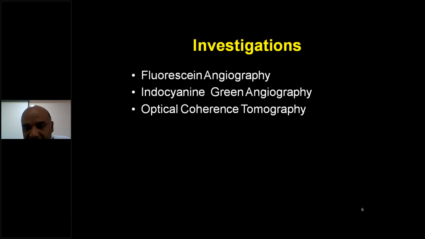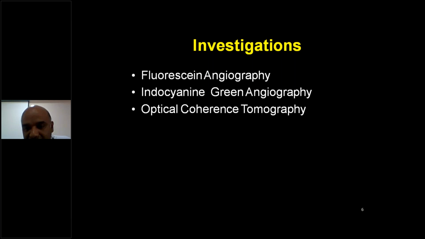Choroidal blood vessels are seen but not so brightly as in indocyanine green angiography. Indocyanine green angiography is mainly used to see the choriocapillaries, which are below the retinal pigment epithelium. The eye has three layers: sclera, choroid, and the retina. In the choroid, there are large blood vessels, medium-sized blood vessels, and small blood vessels.